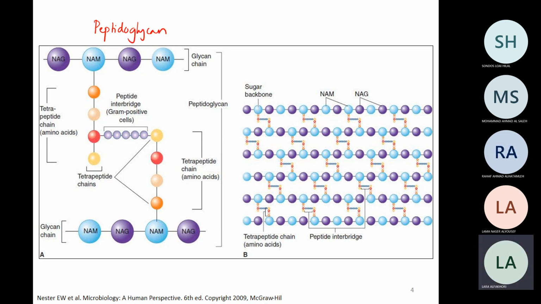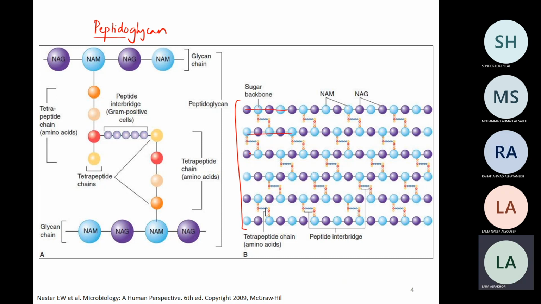Okay, when I say peptidoglycan, it means the components of this framework structure. What do you think constitutes a cell wall? Sugar, it definitely has a sugar part, and let's say a peptido part, okay? Now, what you see here is, let's say, a small segment of the cell wall